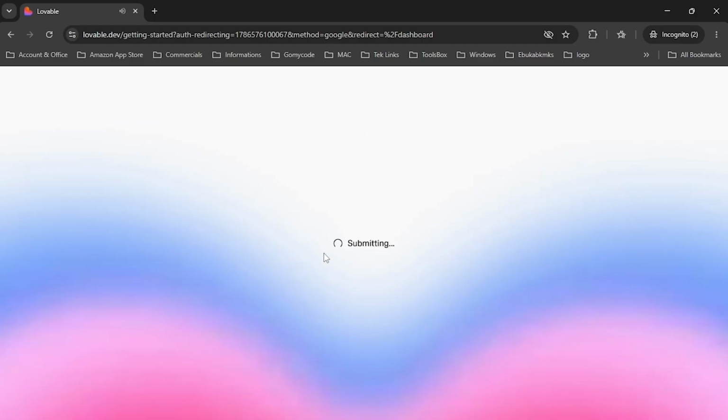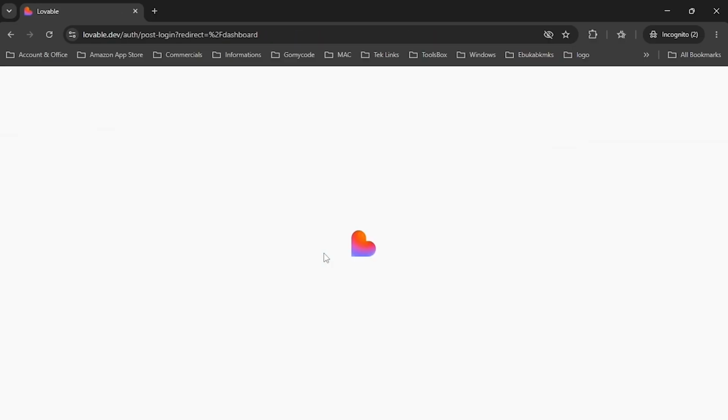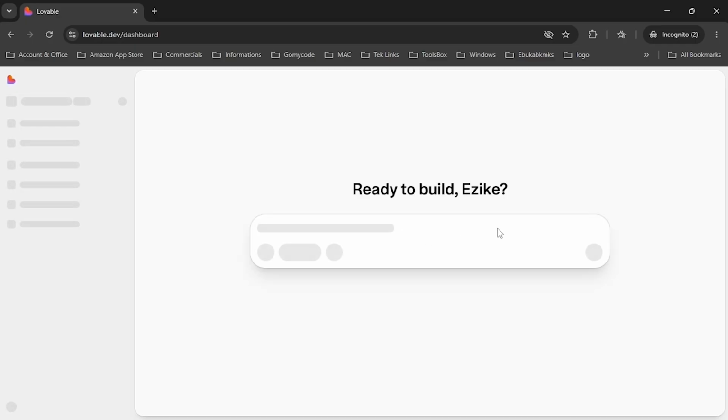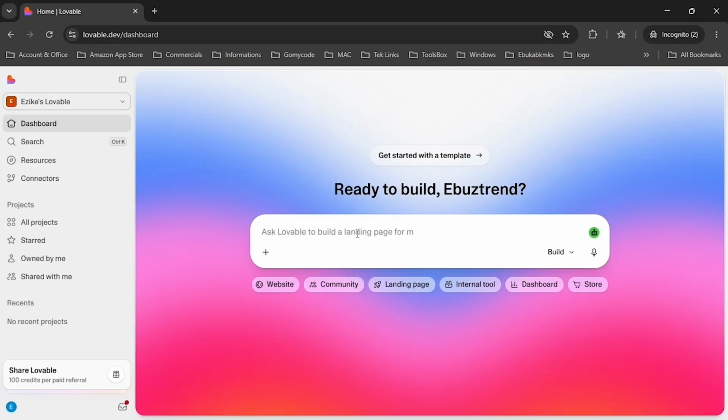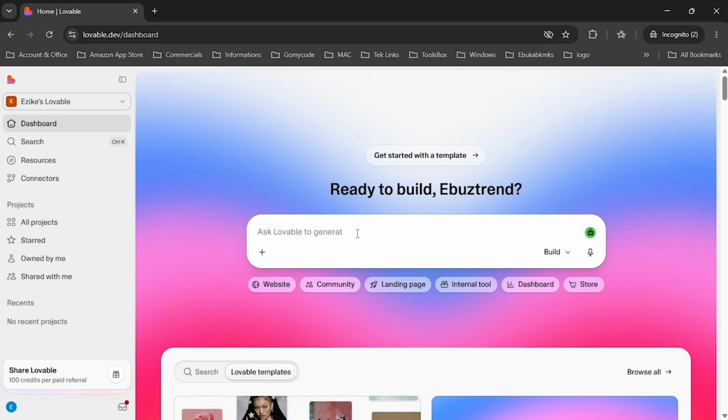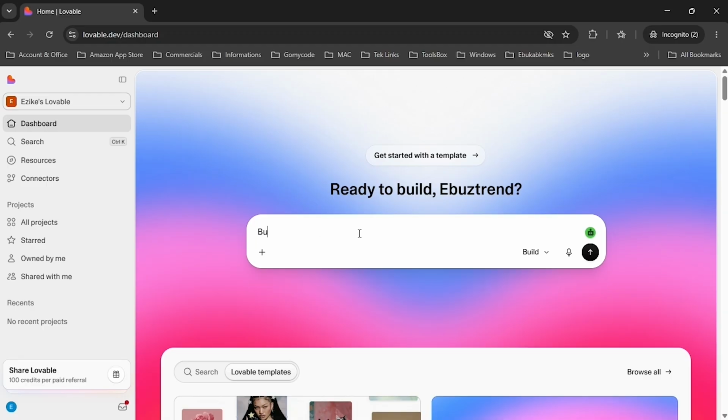When you are in the Lovable dashboard, navigate to the main prompt box and type in a prompt for what you want to build. Keep it short and precise. I want us to build a habit tracker app. So I'm going to type build